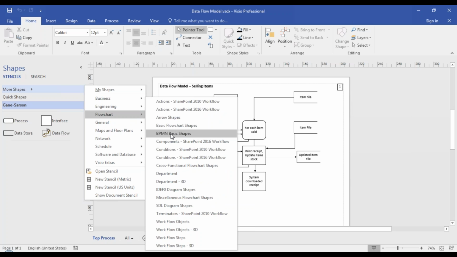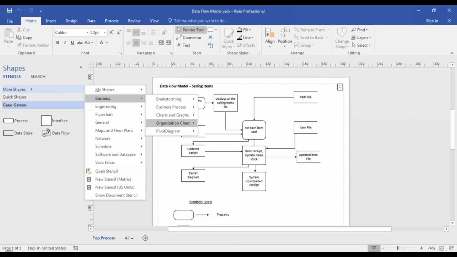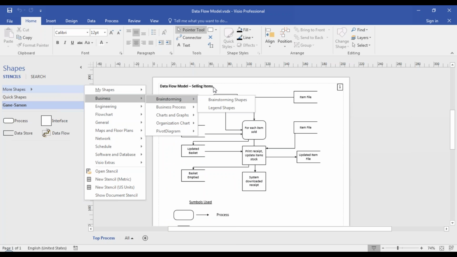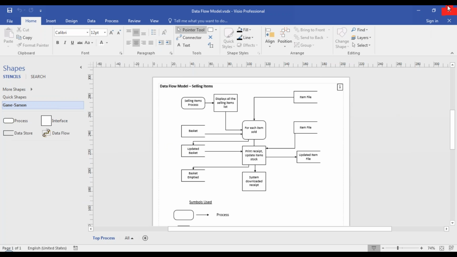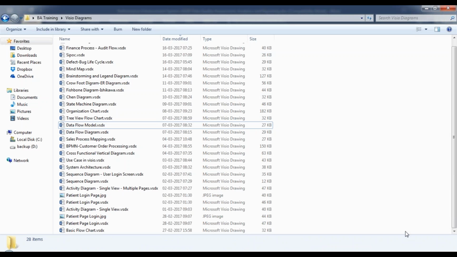We have a basic flow chart. We have BPMN in process. We have the organizational charts that can be used, when to use which chart, brainstorming chart. There are several, and I will also be helping you with the schedule. When you learn more about timeline shapes and Gantt chart, you can also easily move into a project coordinator's role.